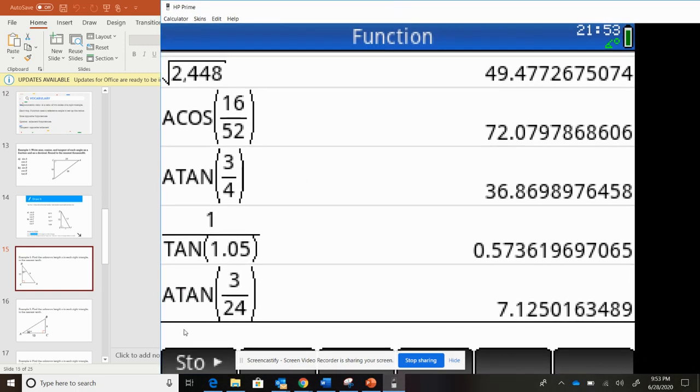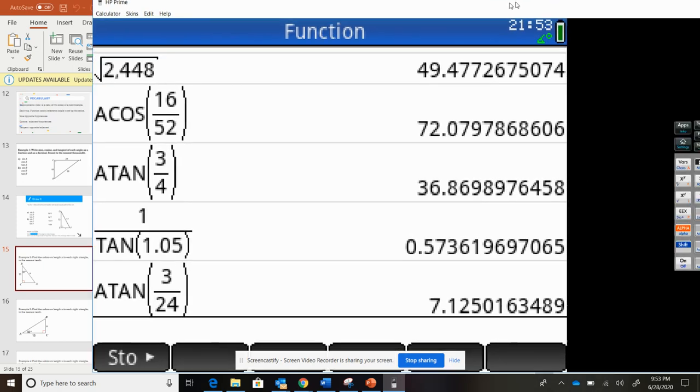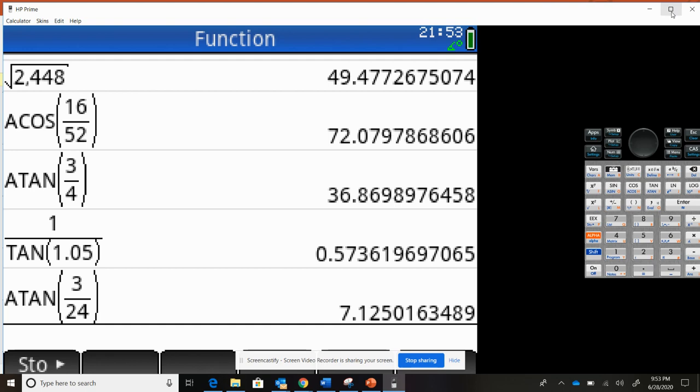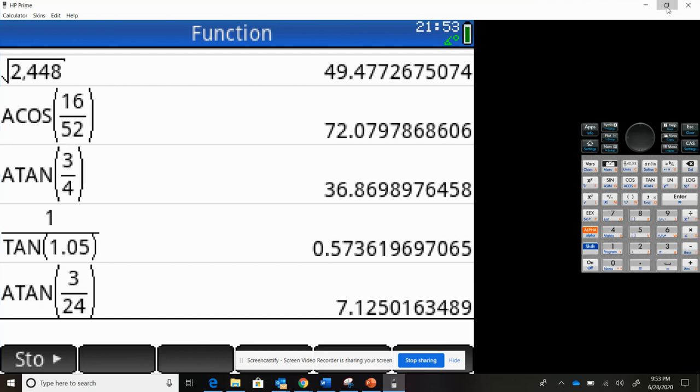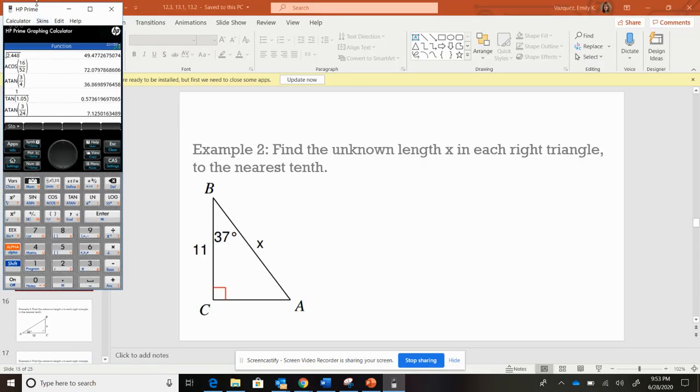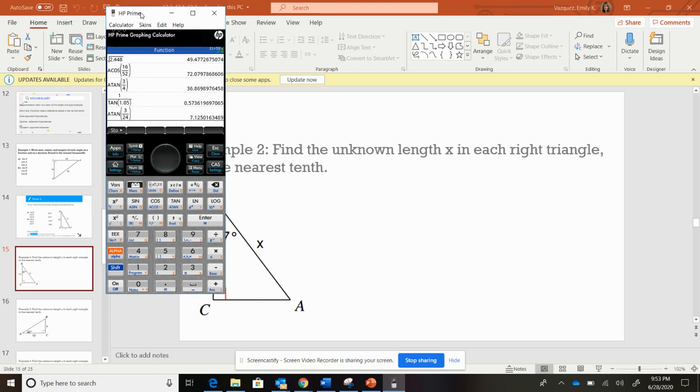Hopefully I got that right. So I'm just going to type it in here. I'm going to make sure that I'm in my home screen. Let me minimize this for a second. There we go. I like it better as an actual calculator. Here we go. So I have 11 divided by, I'm going to click my cosine button, and it was 37. Hit enter, and sure enough, I get